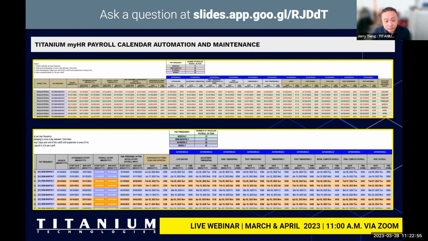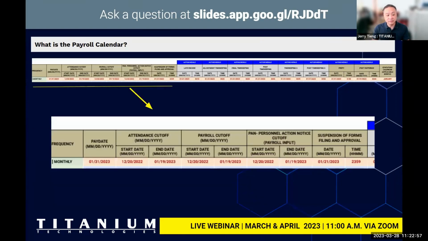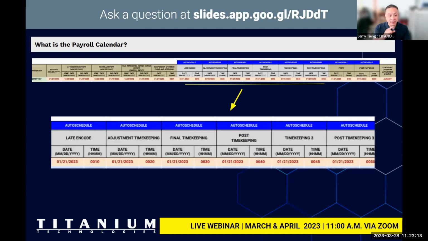Next page, please. So if you drill down to this Excel file, there are certain dates that can be modified. There are dates that cannot be modified. For example, the pay dates, those are all fixed. Attendance and payroll cutoffs, they are all fixed. Okay, but what we can modify is the